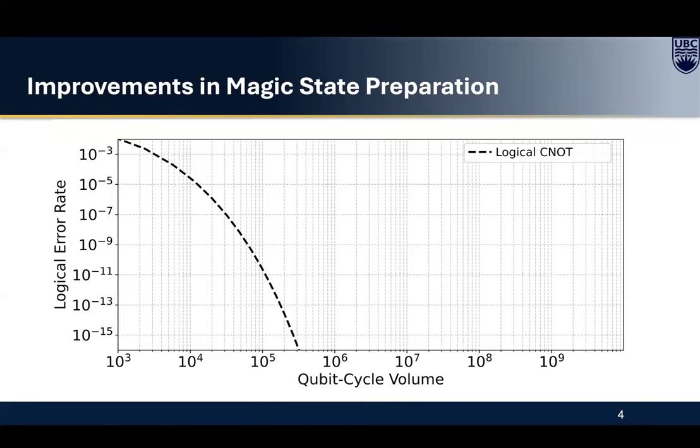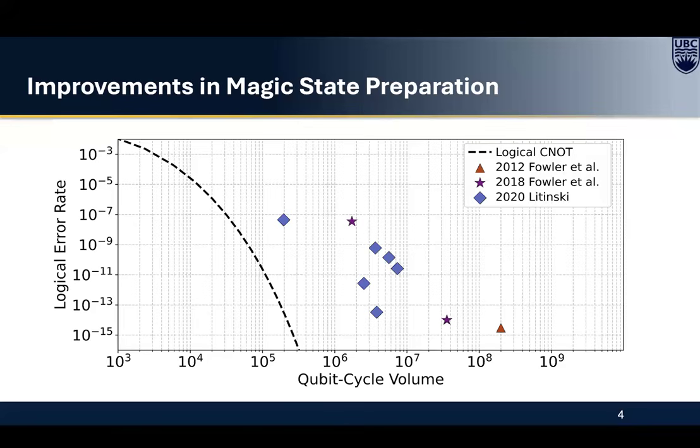But there have been several advances in this field that try to optimize the distillation protocols, where they propose other types of approaches to minimize the cost of the preparation of those magic states. We're actually seeing great progress in this field. So initially, from a 2012 proposal, the cost of a single magic state is several orders of magnitude higher than those Clifford gates. So fast forward to 2020, we have seen some improvements in optimizing the distillation protocols, and they